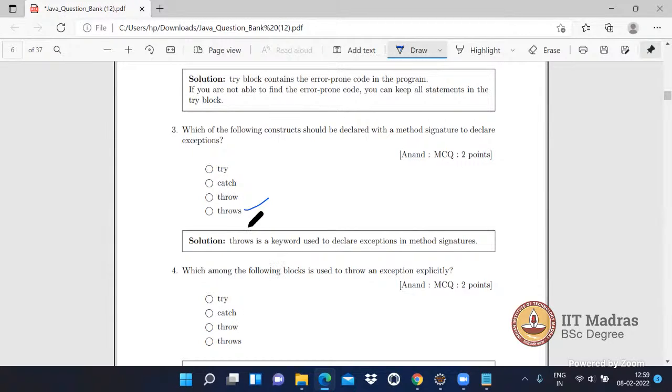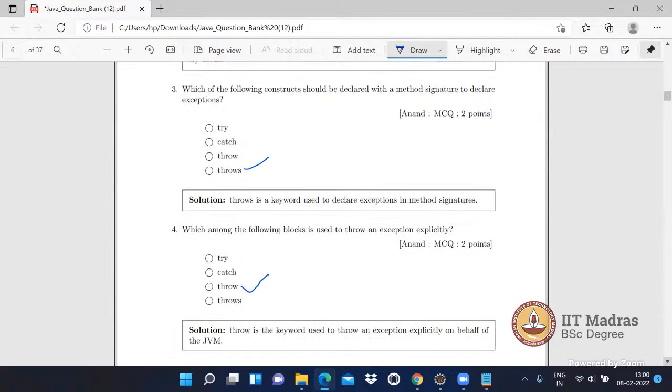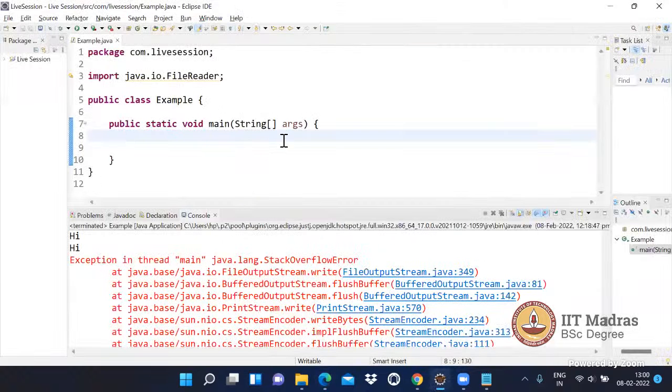So you can declare exceptions at the method signature by using the throws keyword. In your method body, if you want to throw an exception explicitly, then use the throw keyword. By using throw, you are able to throw only one exception object, but by using throws, you are able to throw any number of exception classes. Is it clear? For example, see here,